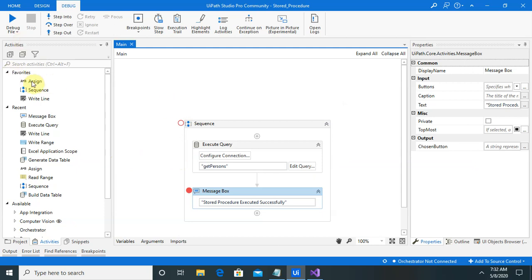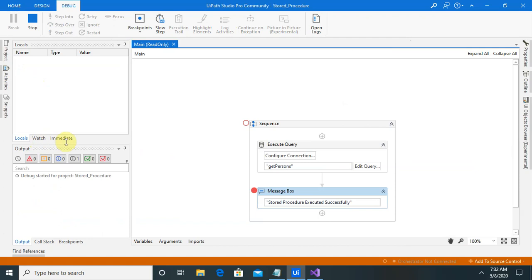Now you can see it's running, and the debug output will be available here.